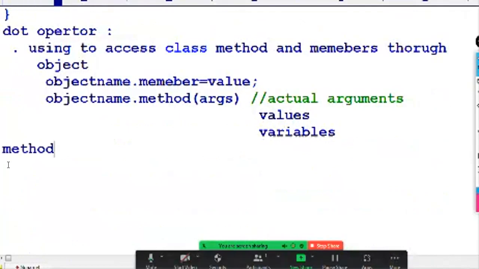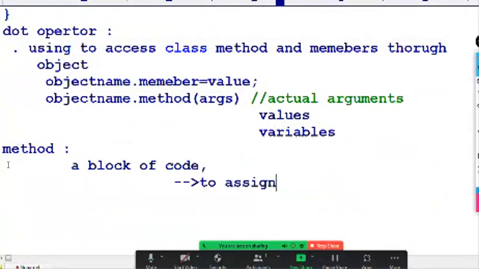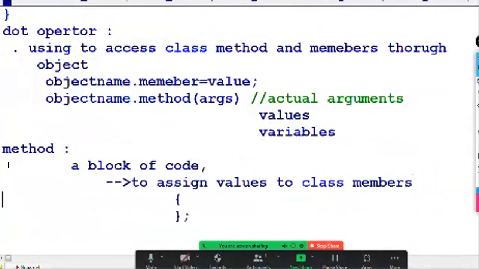What is meant by a method in Java? A simple definition: a method is a block of code. In this code, we assign values to class members, and we also use the block of code, if necessary, to implement our business logic.